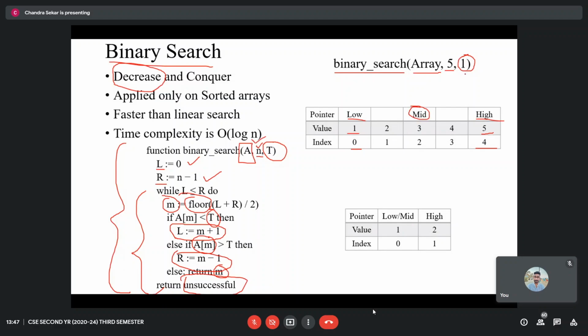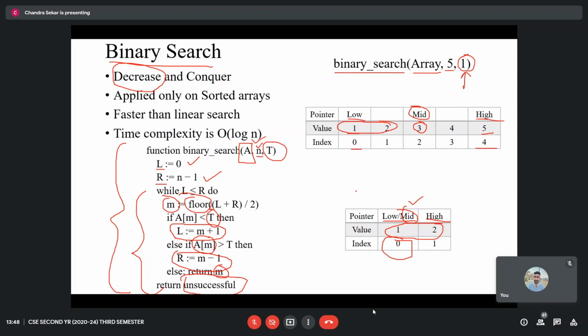If the target value is in the first half, then the search proceeds in the first half. If the target value is in the second half, then the search proceeds in the second half. So since 1 is less than the mid element 3, the search proceeds in the first half. In the first half, again the low and high are assigned and the mid is calculated. Since here mid matches the target value, the mid element is returned as the target element, and the index of the mid element will be returned.